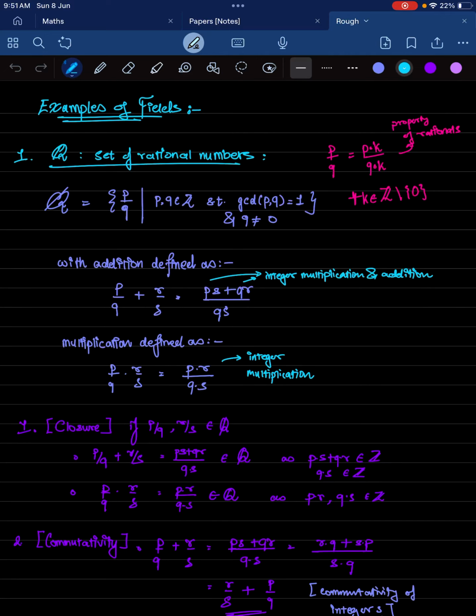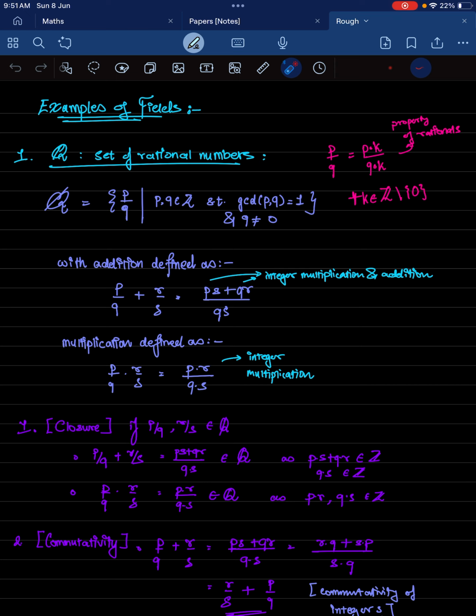Alright, welcome back folks. So today we'll be looking at an example of a field, and that will be the set of rational numbers. So I'll start off by defining what the set of rational numbers is. Rational numbers are basically fractions, that is numbers of the form p by q, where p and q themselves are integers,